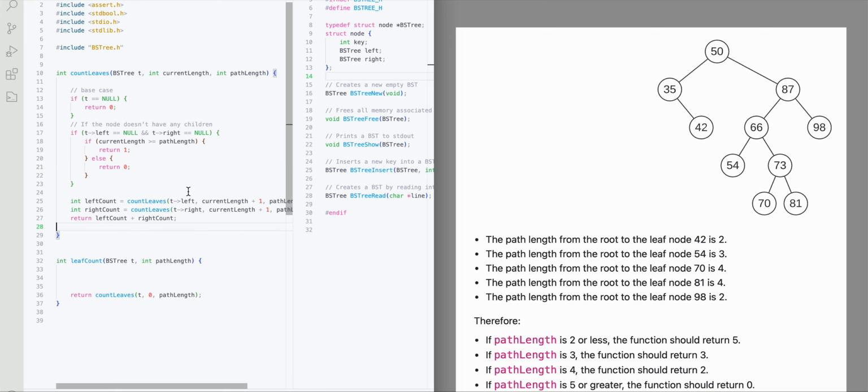Okay, so here's my solution. Not very good. I'll see if I can crop this